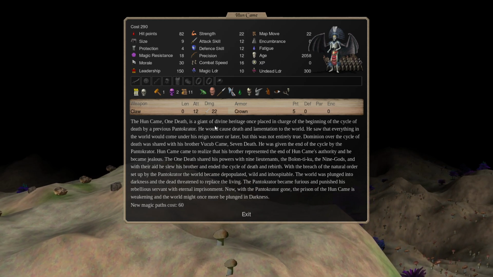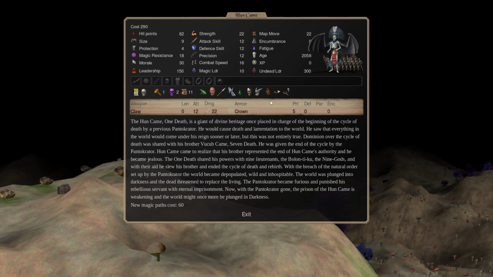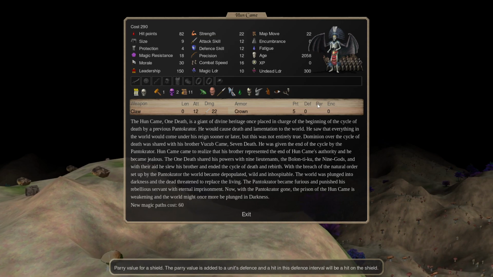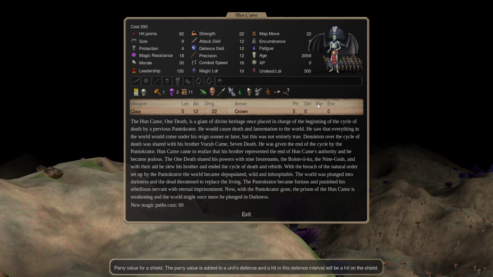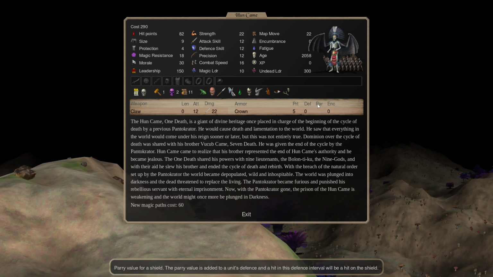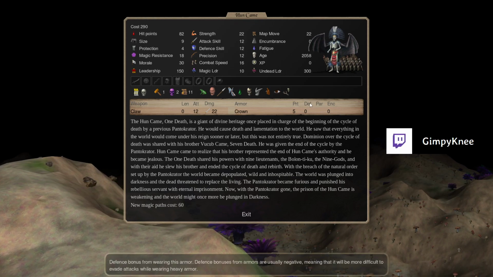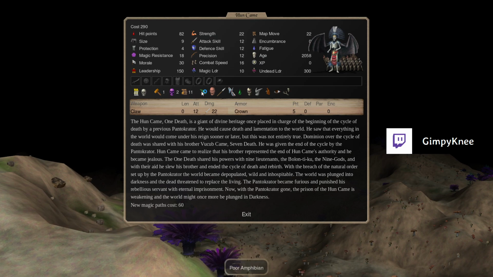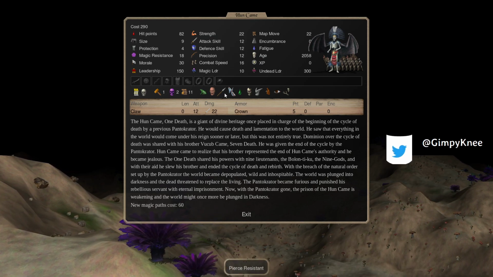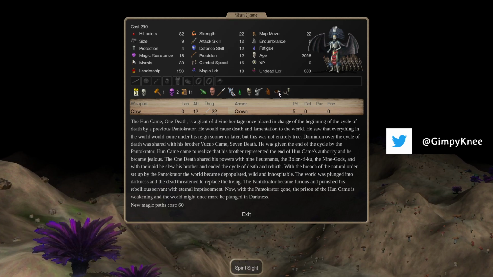One death is a giant of divine heritage, once placed in charge of the beginning of the cycle of death by a previous god. He would cause death and lamentation to the world. He saw that everything in the world would come under its reign sooner or later, but it was not entirely true. Blah, blah, blah. So Earth, Death, Amphibian, Fear, Resistance, Flies, Stealthy,